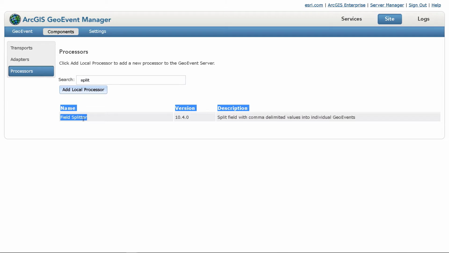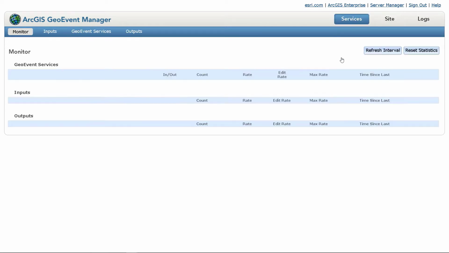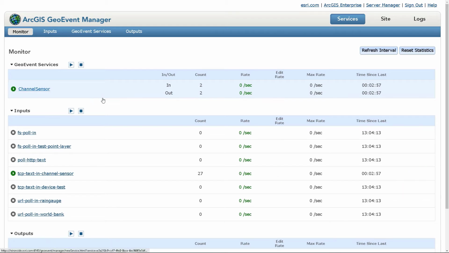So we've got a field splitter processor in our GeoEvent, and it's version 10.4.0. Like I said, this is 10.8.0, so we're all good there. It seems to be running, so it's all good. And that version does not have to match what the GeoEvent server is. And if we run back to services,